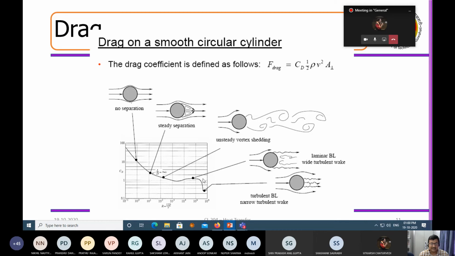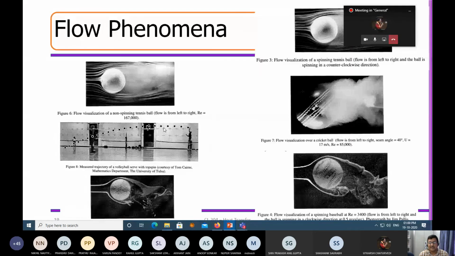There are certain anomalies that take place that I'm going to explain in the next class. But remember this equation because in some of the tutorials this will be needed. So this C_D, the drag coefficient, is associated with the friction around a flow past immersed body. This particular phenomenon is called the flow past immersed body.